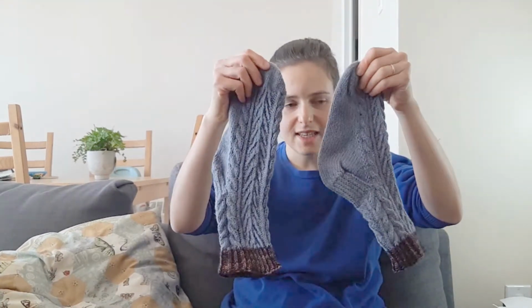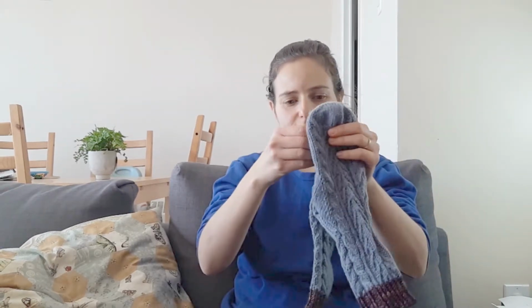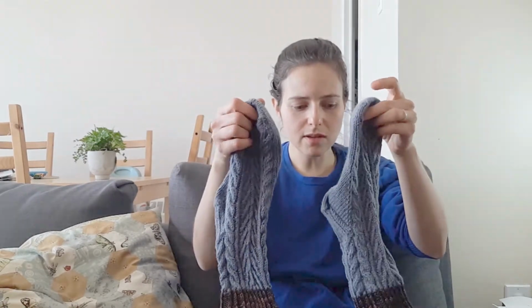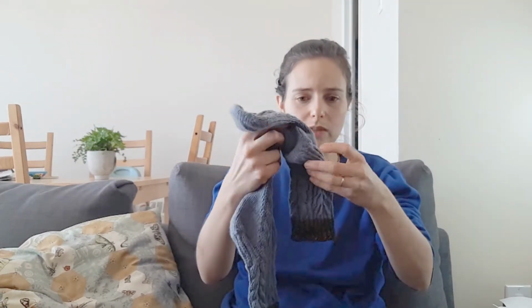And so I made these. They're really wet because I just recently finished them, and I just washed them, so they're still drying. I'm really hoping they'll dry by tomorrow. That's fingering weight yarn held double. So the blue is